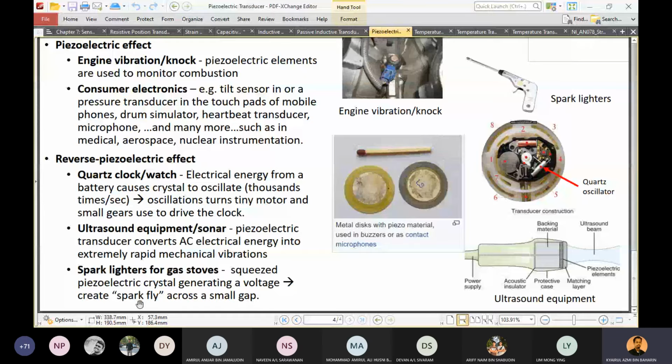Okay, so that covers the topic on capacitive, resistive, capacitive and inductive transducers. So I'm going to stop our lecture here. In our class next week, I'm going to focus on the last part of the sensors, which is the temperature sensor. We are going to cover RTD, thermistor, and thermocouple. Okay, any questions?